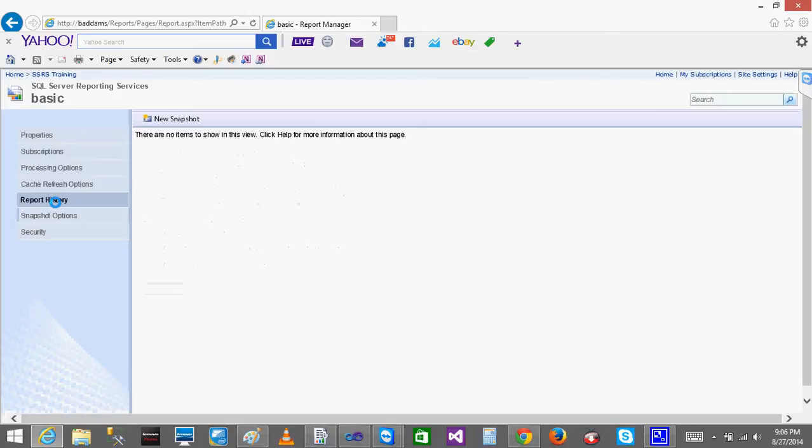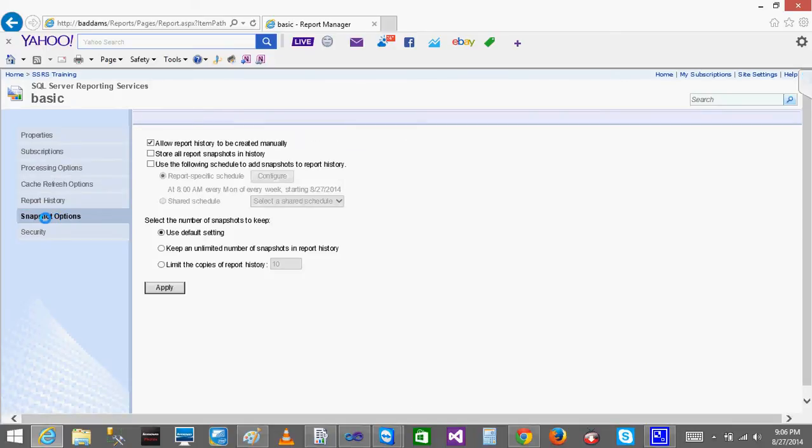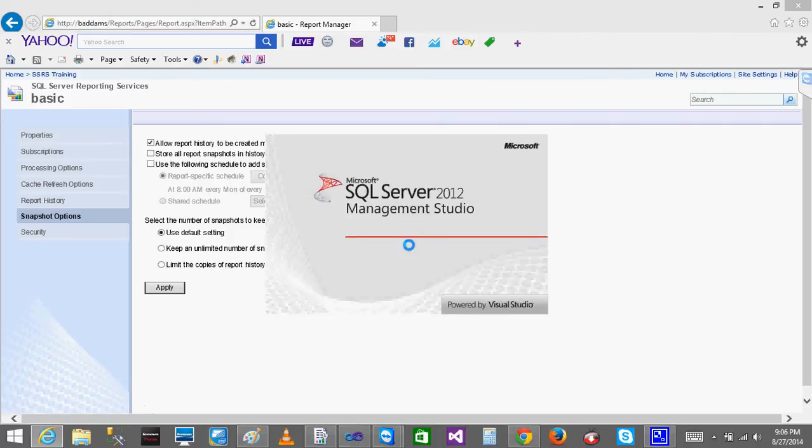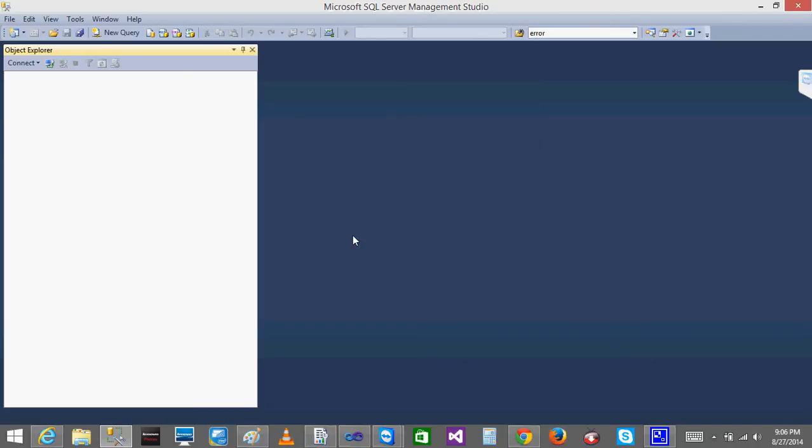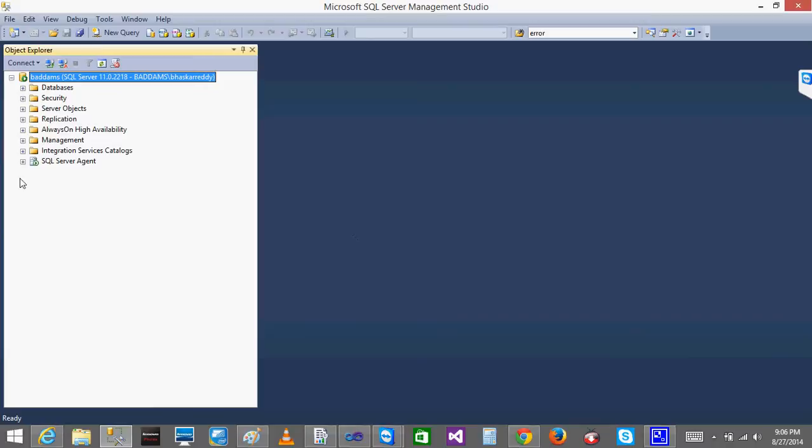Now in the report history folder, when I click the report history, there are no items. I click the snapshot, done. So now basically what happens, because this is on the Baddam server, right? I'll connect to Management Studio, Baddam server, database engine, click connect. When I click the database engine connect, I get the SQL Server Agent, right? When I open the SQL Server Agent and Jobs,